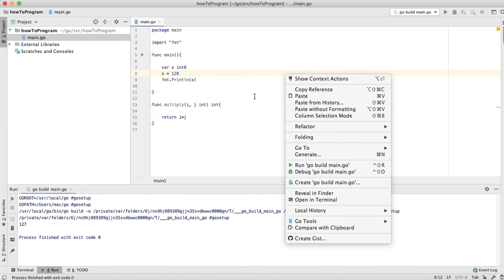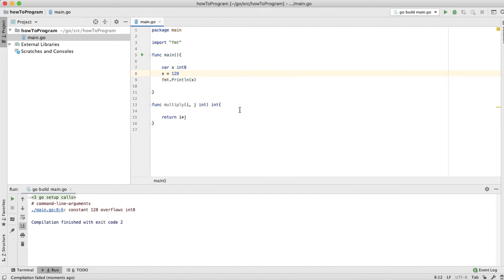If x is 128, this says constant 128 overflows int8, because int8, which is an integer with 8 bits, just 1 byte in size, cannot store a value more than 127, cannot store 128. Why? We can know this from that